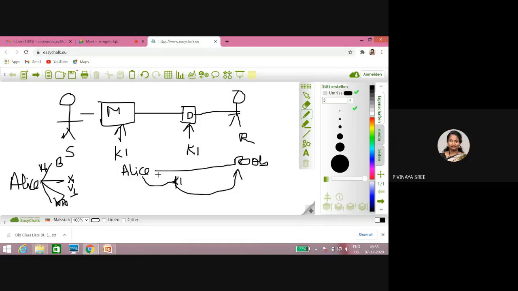Why? Because the key is sent through a network, passing through so many routers. Which one is compromised, we don't know. Which system is compromised, we don't know. If an attacker gets the key that is used by Bob for the decryption process, for converting the ciphertext to plain text, the problem is that the attacker can easily convert that ciphertext to plain text. So that is one problem.